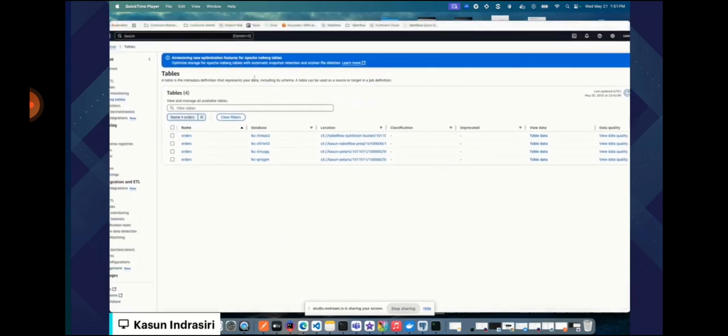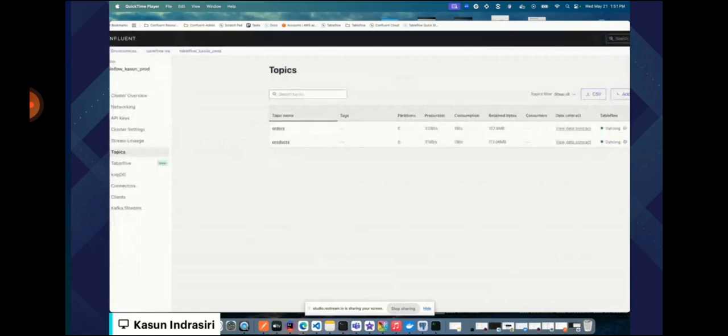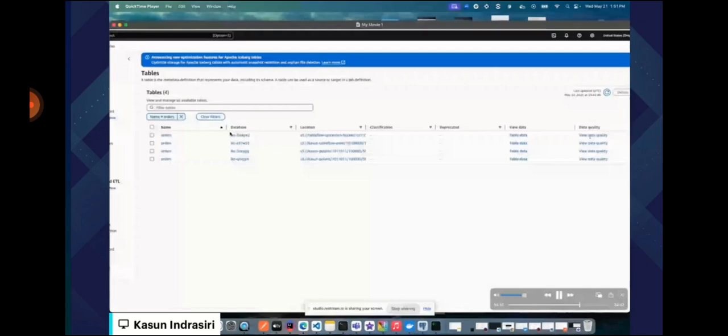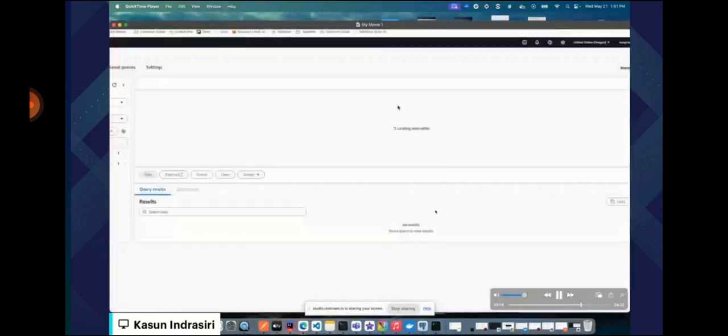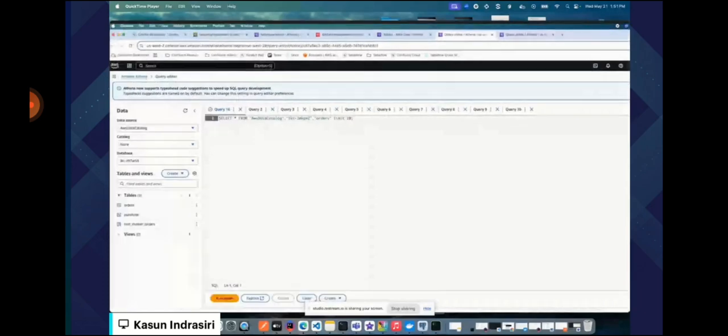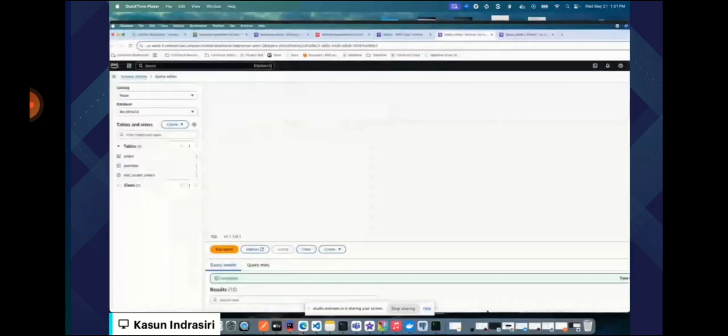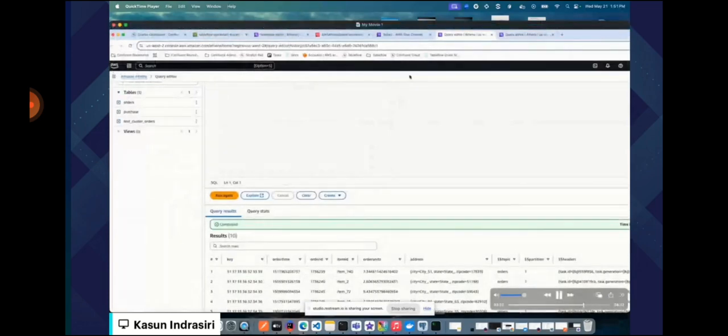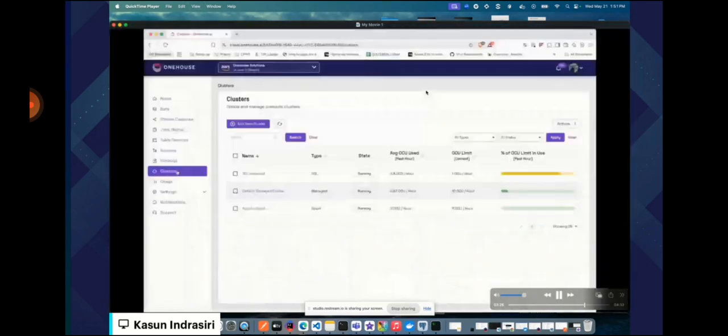Okay. Now my orders topic resides in this cluster, and I should be able to map that here. And you view data, which will take you to the Athena SQL notebook. Now, in this case, we are using Athena. Athena is using the Glue data catalog to connect to your Iceberg tables, unlike the previous case where we connected directly to the Iceberg REST catalog. Therefore, any Glue compatible compute engine can start consuming data in this way.